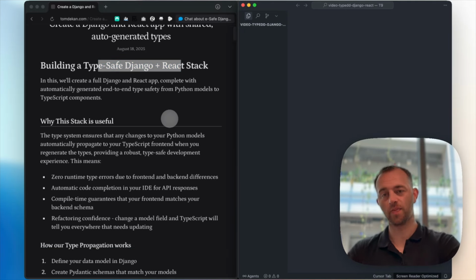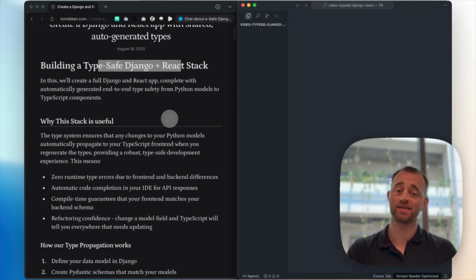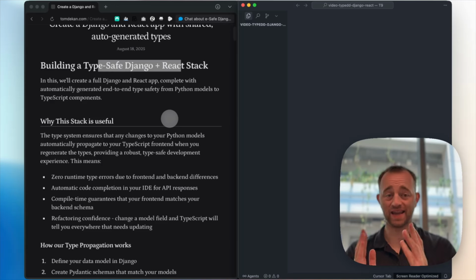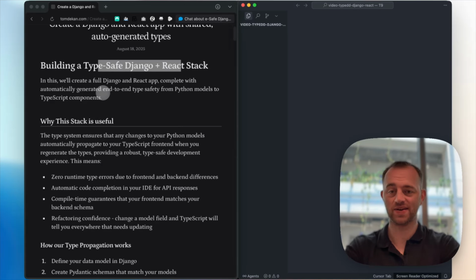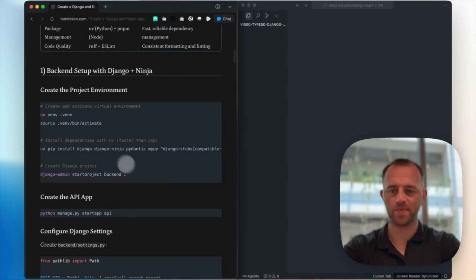So you're going to have your backend Django using Django Ninja, and then your front end using React. And I've done another video on using Django and React, Django Ninja and React, and Django and React. Feel free to check those out. But this is superior because we're going to have this end-to-end type safety. So let's go through. So let's just set up our Django